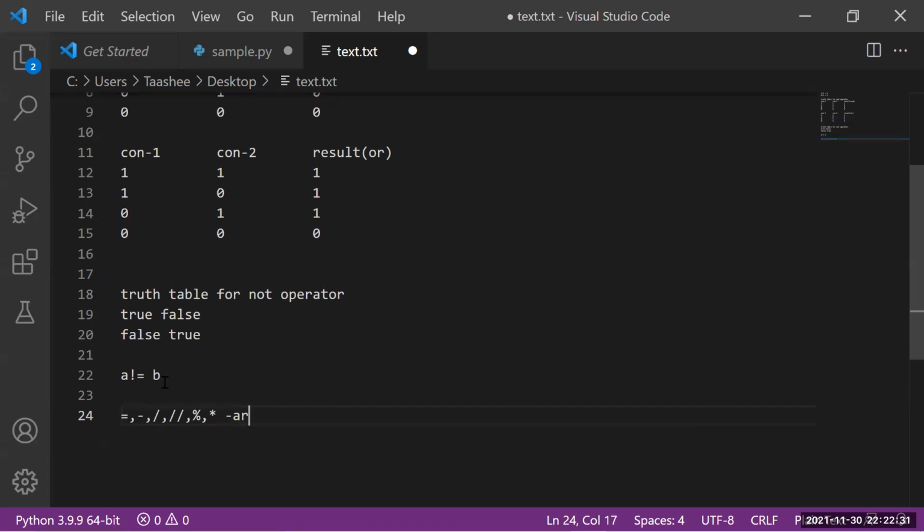Next, we look at Boolean operators, or comparison operators.